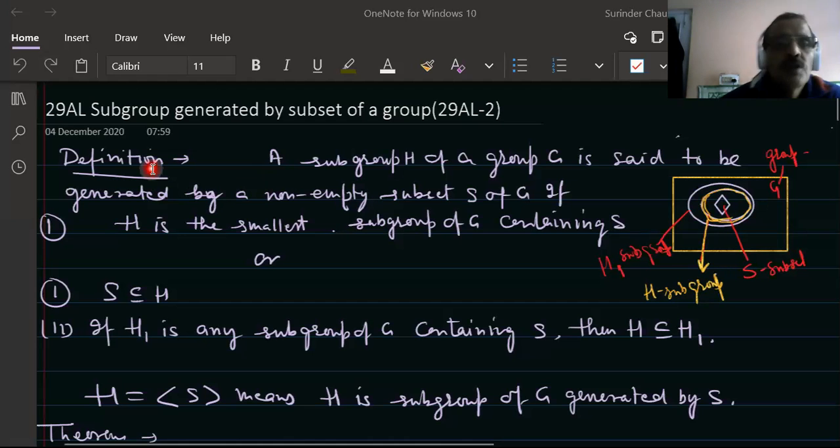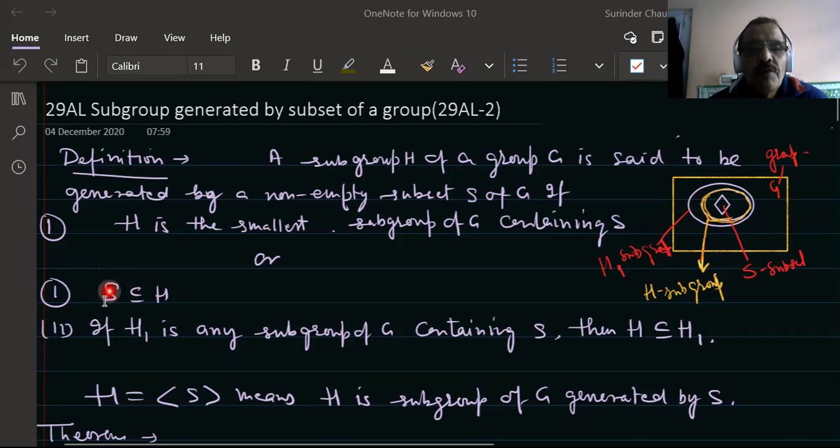Hello students, in this lecture we will generate a subgroup by a subset of a group. First we'll define what that generated subgroup is. A subgroup H of a group G is said to be generated by a non-empty subset S of G if H is the smallest subgroup of G containing S, or if this set